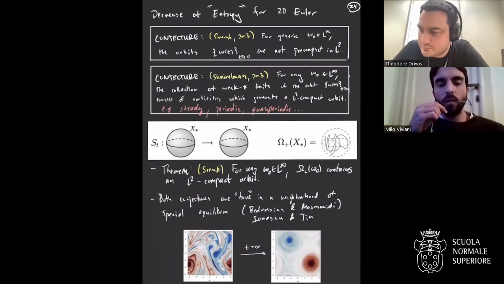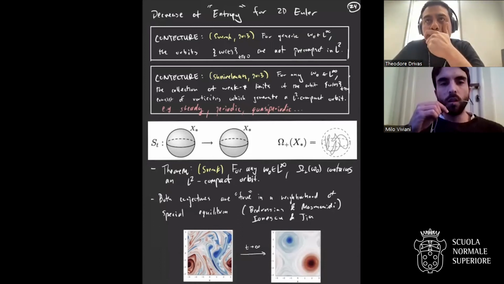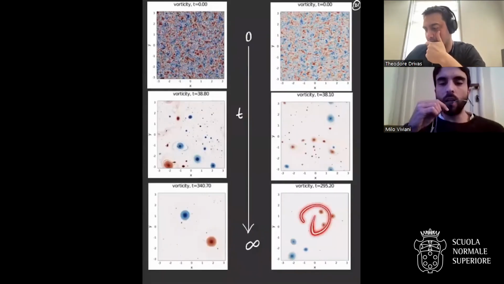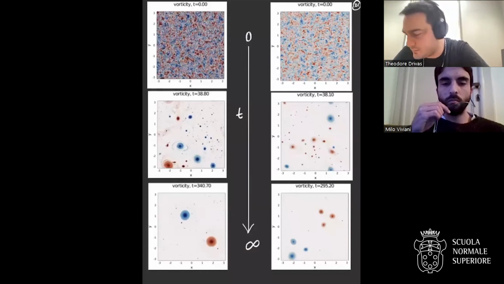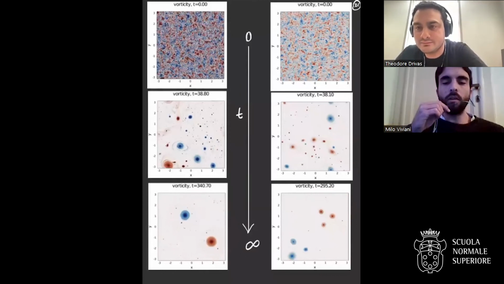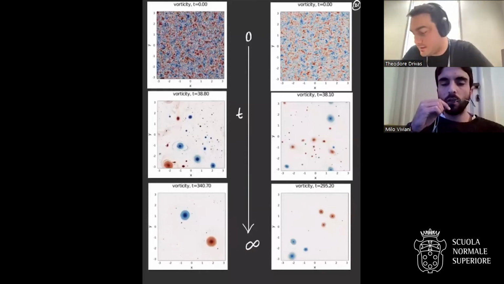I just wanted to ask, how did you get to the picture on the torus where in the final state you had these two patches of three small vortices? In some of the slides, you showed these two possible states. Yeah, exactly, the second one. I've never seen this kind of final state. Two summers ago, I just ran a bunch of random initial data, and most of them look like this. One of them looked like this. And they never merged after that? No, they just continued to move.